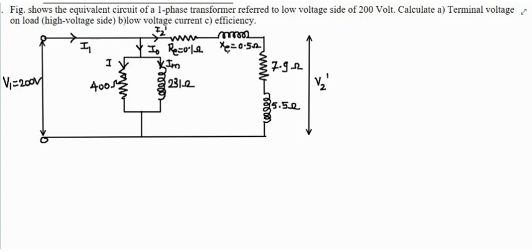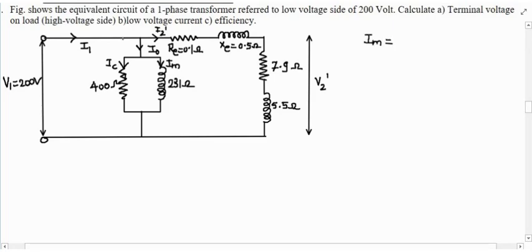So students, in such a problem, please don't get confused. The figure is given, first of all observe that figure and try to understand it. Now see here, this is the low voltage side. It is mentioned here that V2 dash, means it is an equivalent circuit of your transformer referred to the low voltage side. This is nothing but your RT1, this is your XT1, and these are the resistance and reactance of the load connected across the secondary. This is your shunt branch consisting of your IC and IM. Okay, so now let us start to solve this problem. What is IM here?